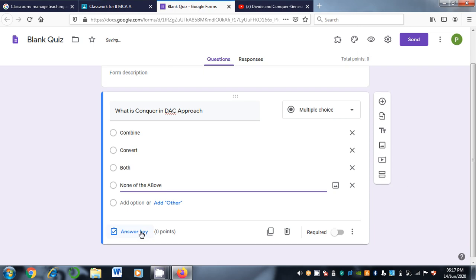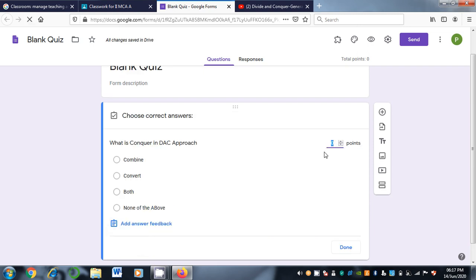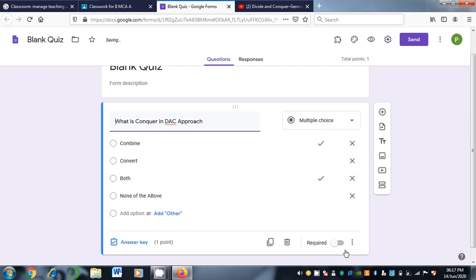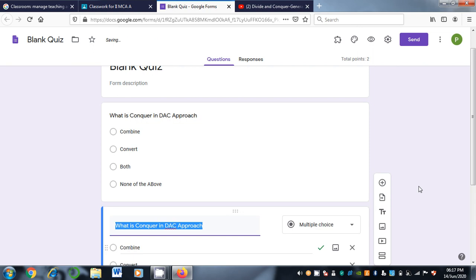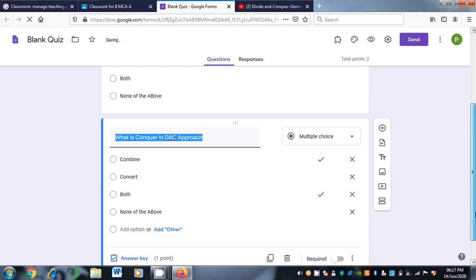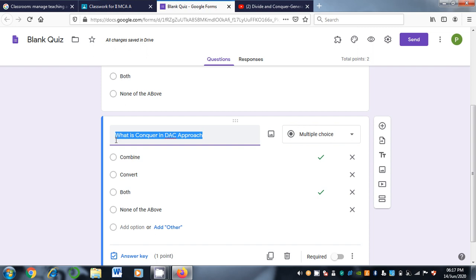And click on answer key and give points to this question. Combine, done. And you can duplicate this question to create one more question.